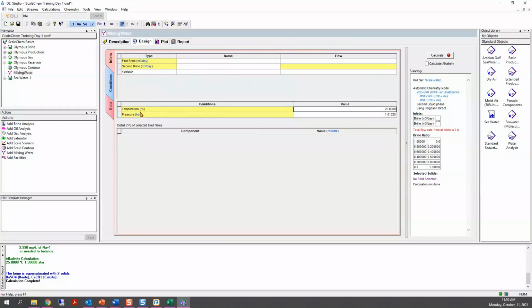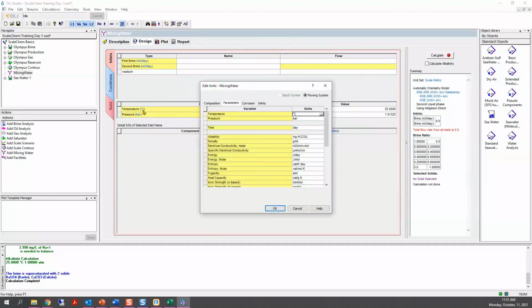Apparently, I did not change the units in my example, but the mixing conditions are at 200 Fahrenheit and 147 bar G. So what we do is simply click on this temperature here in the hyperlink, and change the temperature to Fahrenheit, and then change the pressure to bar G.